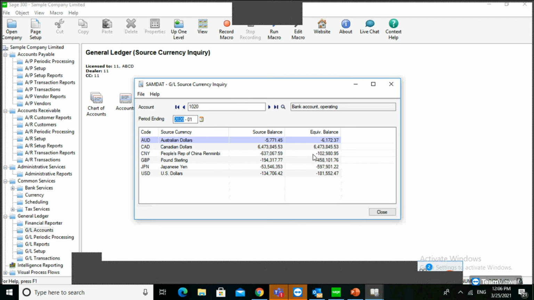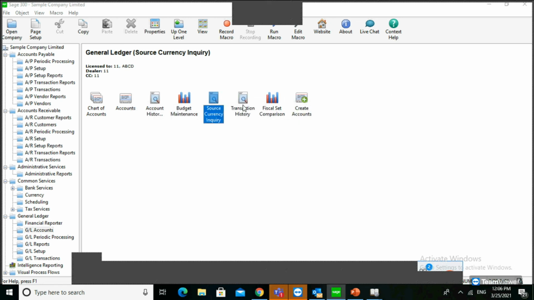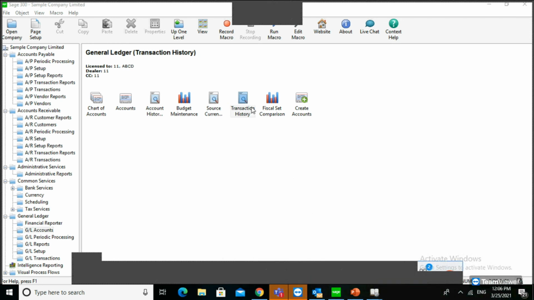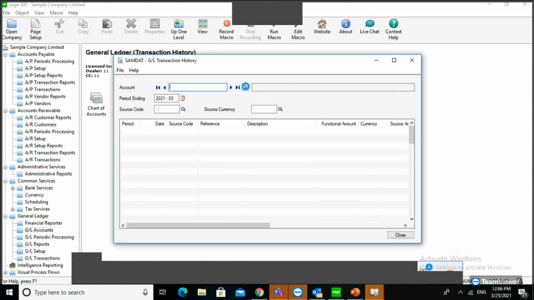Also Canadian dollars, what's the amount of posting. You can inquire based on the currency you are defining in the particular account. Also you can inquire the transaction in the transaction history.